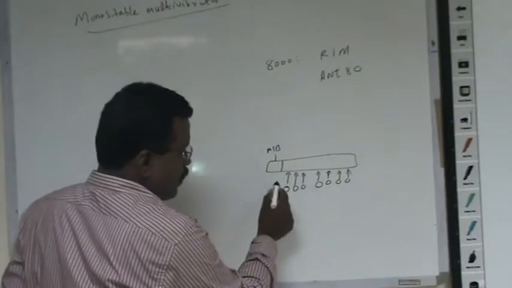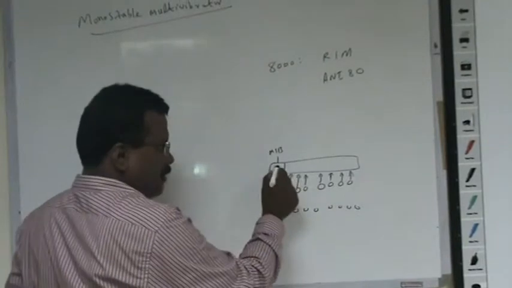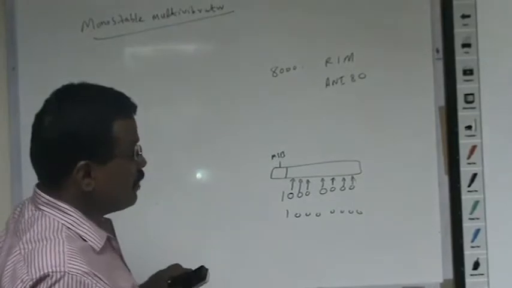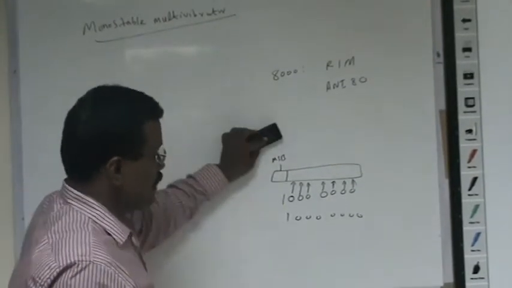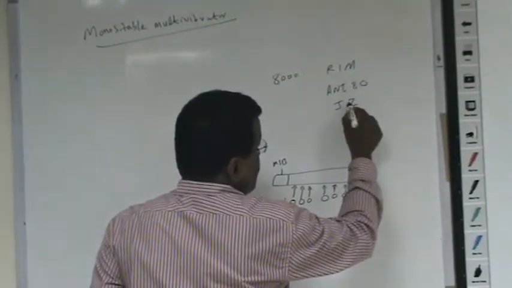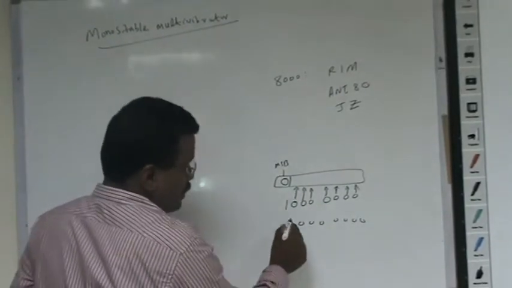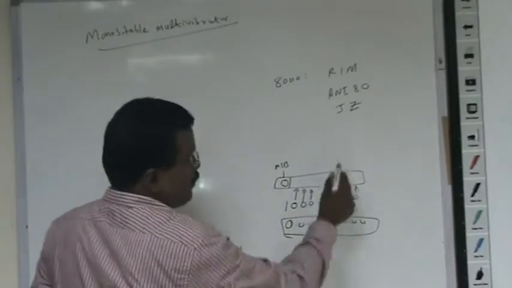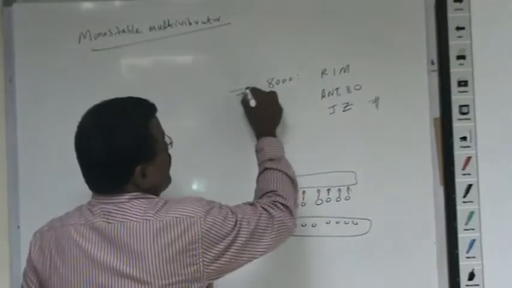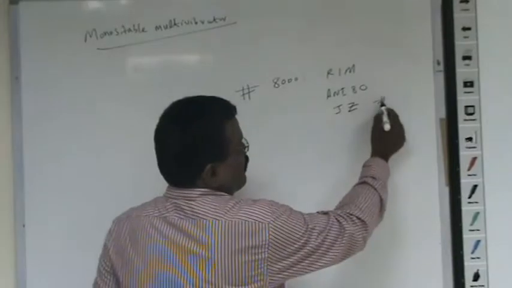Now if the MSB is 0, again 1 and 0 will become 0, 0, 0, 0, 0, 0, 0, 0. Suppose the value of MSB is 1, I will get a non-zero value. So if the trigger is received, the MSB is set to 1. If there is no trigger, the zero flag will be set to 1, so the outcome is 0. So jump on 0: if there is no trigger, you go back and read the status again and again. Okay, the loop will be repeated.